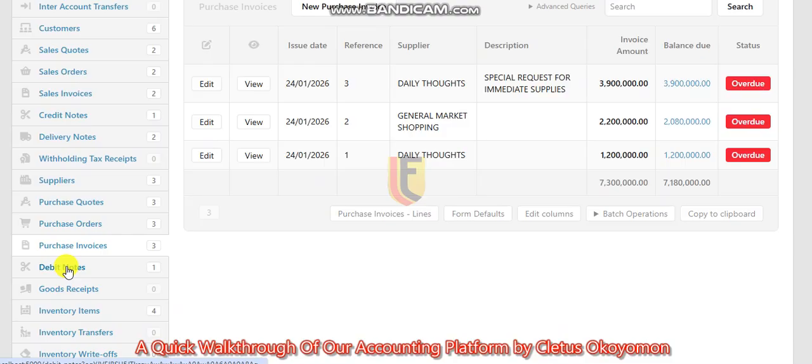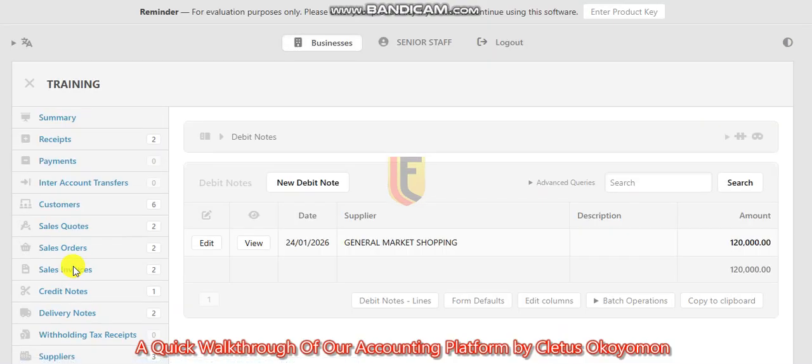Now next is debit notes. Just as we said about the credit notes, a debit note is the note that you use to return goods back to